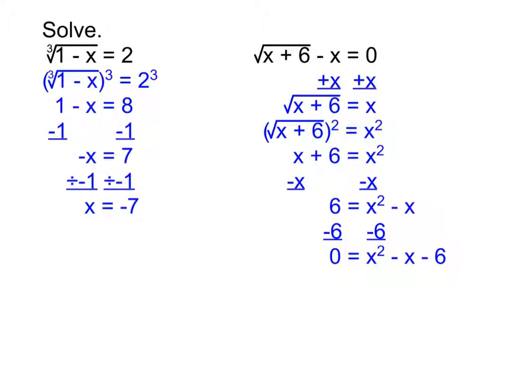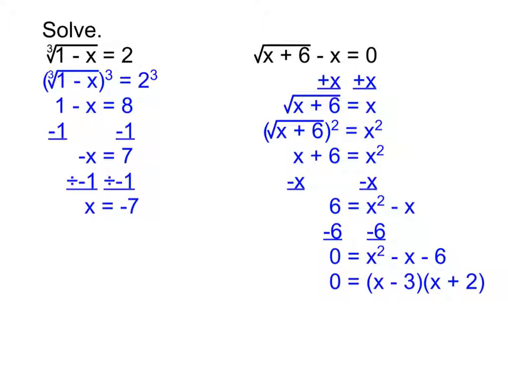Well, if it does, it's going to add to -1, and it's going to multiply to -6. Are there 2 numbers that add to -1 and multiply to -6? Yes. Yep. -3 and 2. And so I can factor it then into 0 equals x